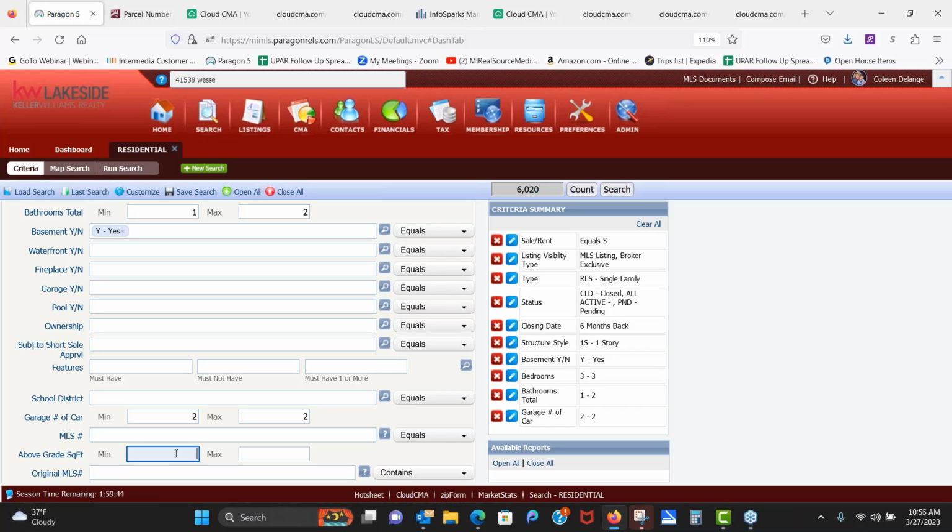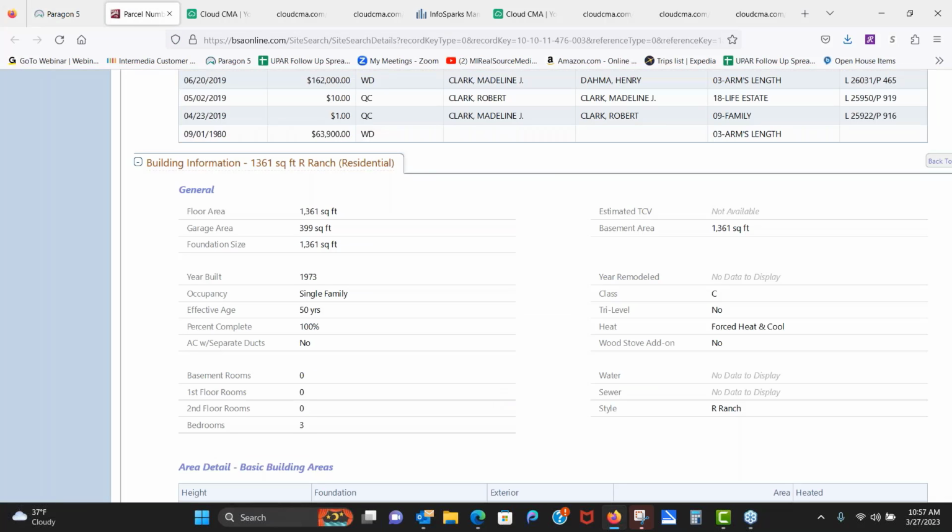the appraisers all tell me that they use a 20% square footage rule. And I think that's pretty prevalent, but I know up where you guys are, you have different geography and a lot of rural area. So sometimes you might have to play with it a little bit. But this home, when we went into the BS&A records, was